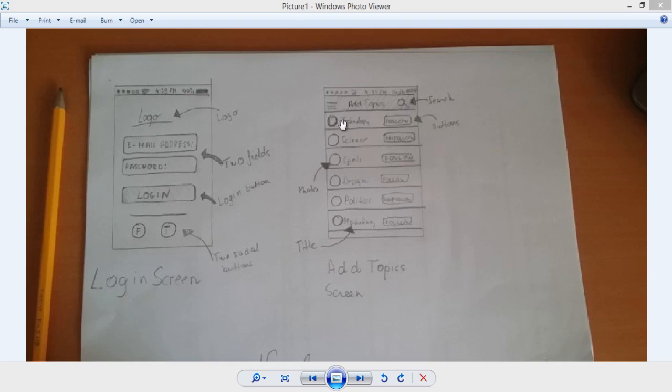Also, we got these ones like the image of the topic, the actual text of the topic, and we got a follow button. The follow button has two states, follow and unfollow. So we're going to show the difference between them. And we got a bunch of them. So it's going to be like